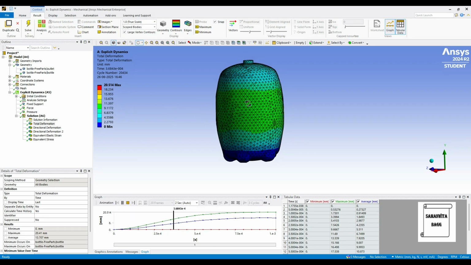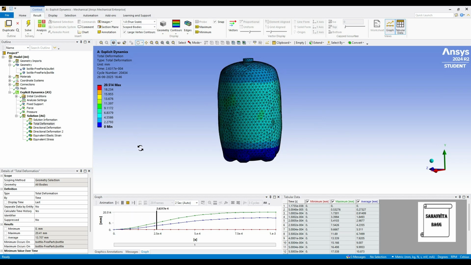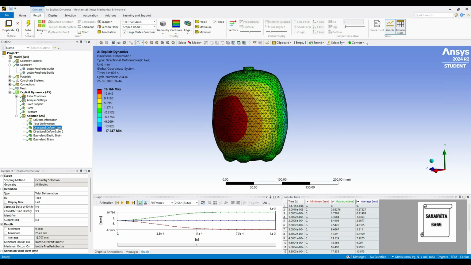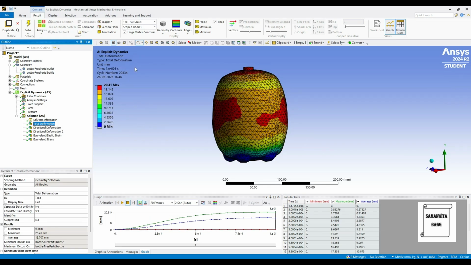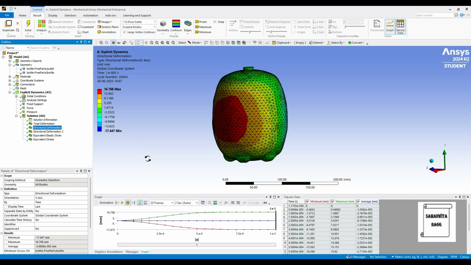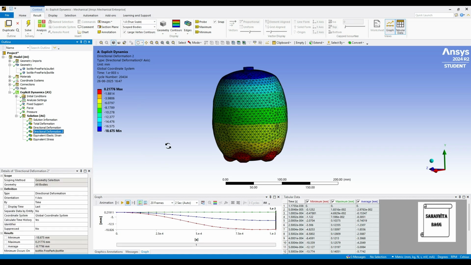Now maybe it was not enough to burst the cylinder. So 5 megapascal has led to this result. Now the maximum deformation is 20.41 mm. You can see based on the color, and the minimum value is 0 over here because it is fixed. Then you have directional deformation along the x-axis, maximum being 16.766 mm. Along the y-axis, the maximum deformation is